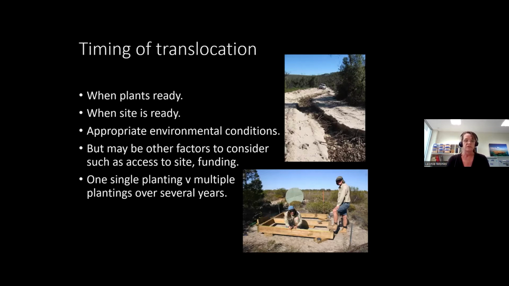And then finally, there's the issue of whether you plant in one year or over multiple years. We generally plant over multiple years for logistical reasons. It's much easier to do smaller plantings over several years because you make sure you get it done well and you can really look after the plants. We also want to hedge our bets against poor environmental conditions. So maybe you'll get a good year and one bad year, so that at least some of the plantings are successful. But if you have the time and the careful planning to do one large planting, it may be a better option for you as well.